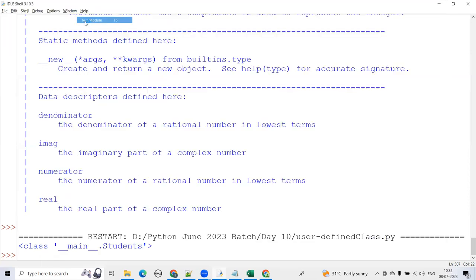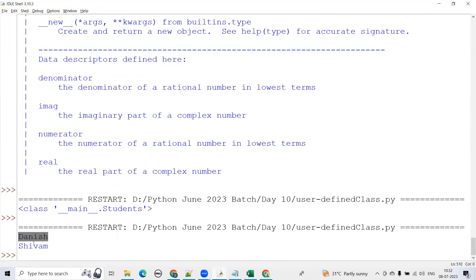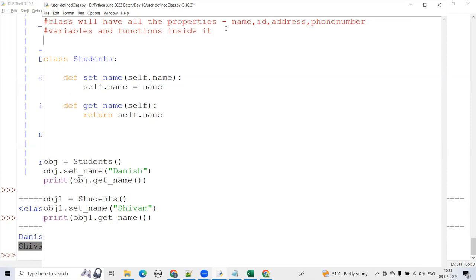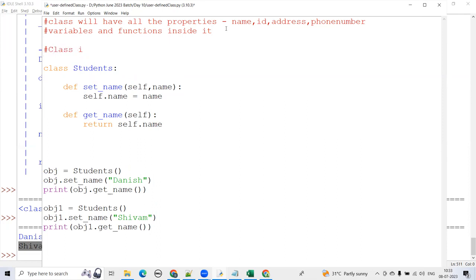So if I run this, you see, we are getting the name of the first object, second object. Okay. So basically how can we define a class, guys? There are multiple definitions online. One thing that we can say is that a class basically consists of variables and functions. We can say a class is a blueprint